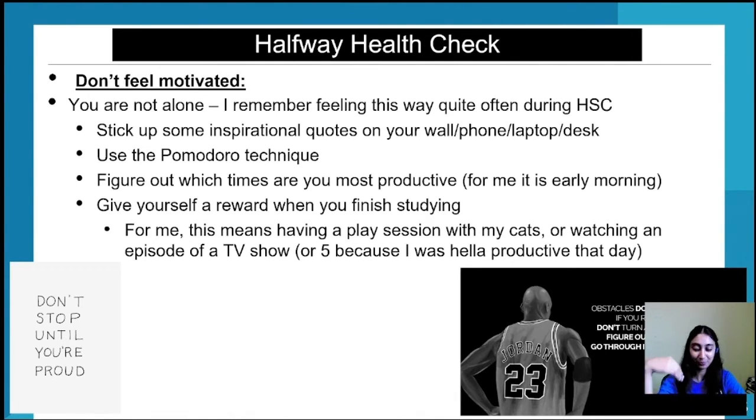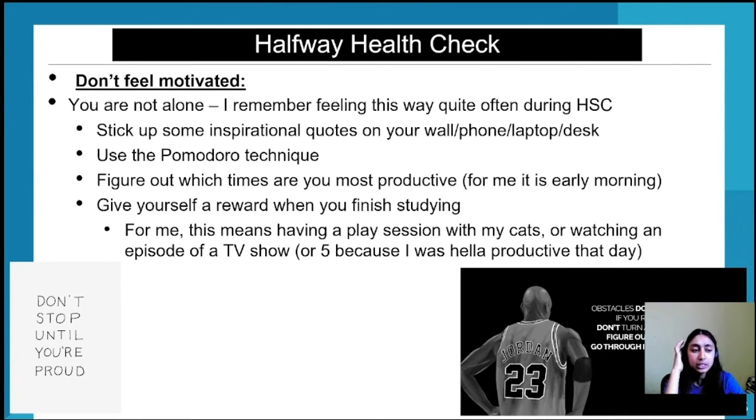But if I was studying for exam, if I was studying for the HSC, it is something that I did because by the time we get around to like 4 p.m., I'm ready to go to sleep. Well, not go to sleep at 4 p.m., but my brain would not be working at its full capacity. So just something to keep in mind. Find the time that works best for you and try your best to leverage those times of the day.